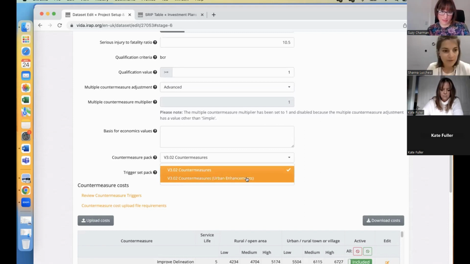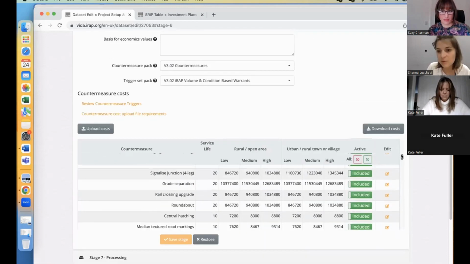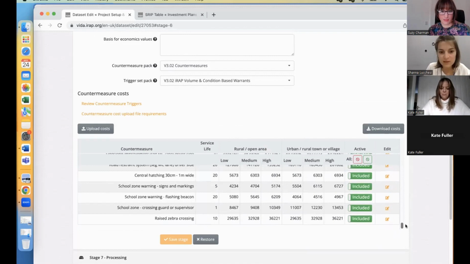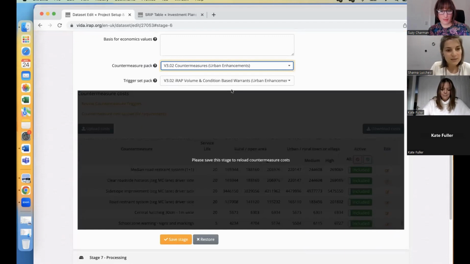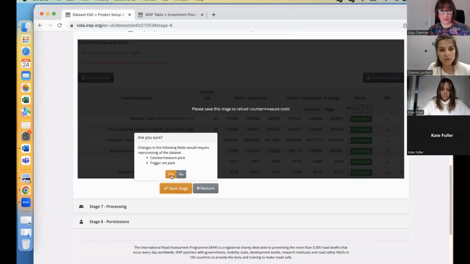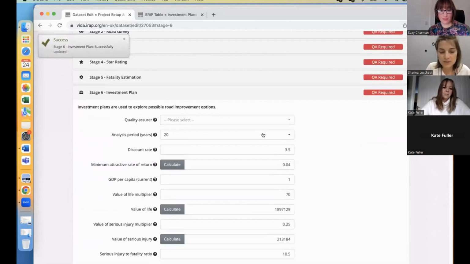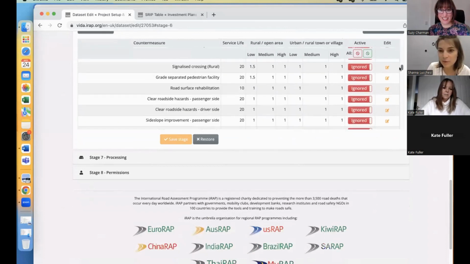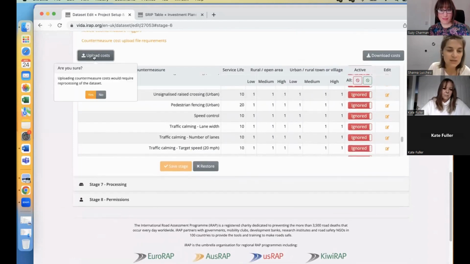So if I maintain this first option just to show you, you can see that here we have the 92 countermeasure costs, like the regular ones. But if I change here to the urban enhanced, the system will ask me to save stage. I will do that. Okay, and now if we go down here, you will see that these new countermeasures are already added here in the countermeasure package. So I will just add the costs because we will need them